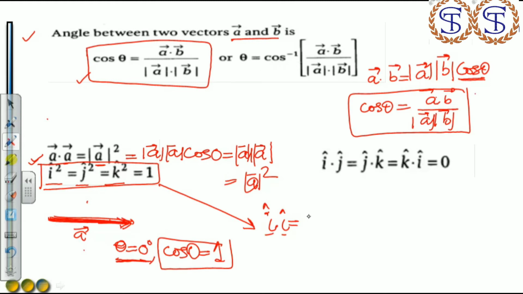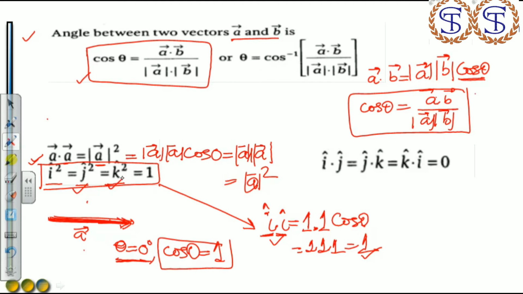So here we have to write out the modulus of i. It is a unit vector, that's why the magnitude of this is 1. And again the modulus of i is 1. And the angle between these two, the angle between i and i, is 0. So that's why we have to put 0 here, and cos 0 is 1, that is 1 into 1 into 1, that is 1. So i square is 1. Similarly we can say that j square is 1 and k square is also 1.